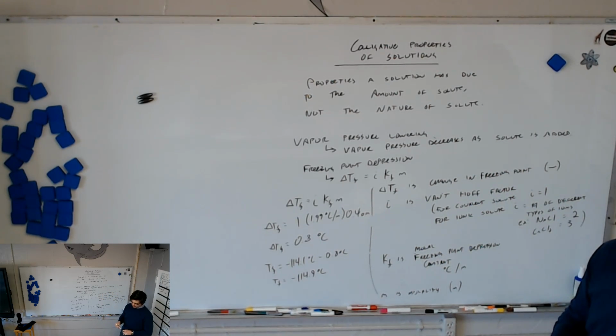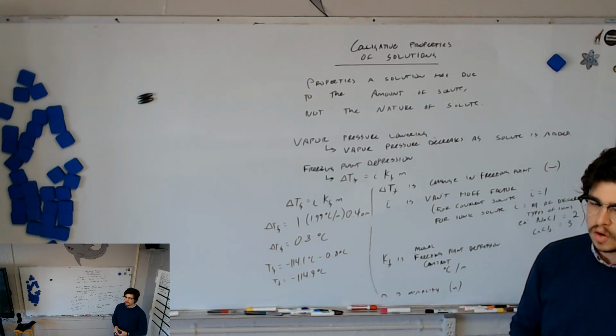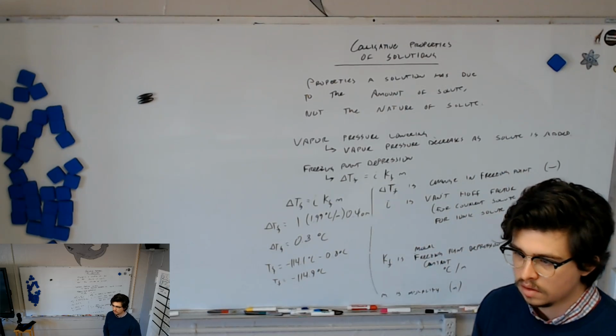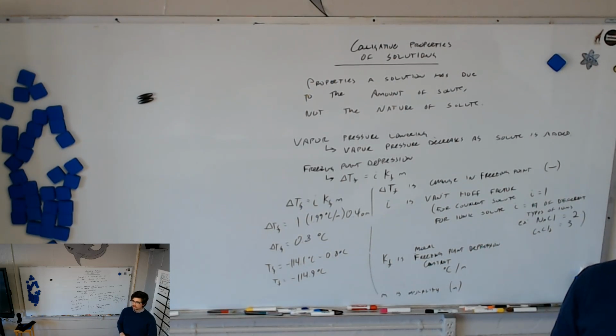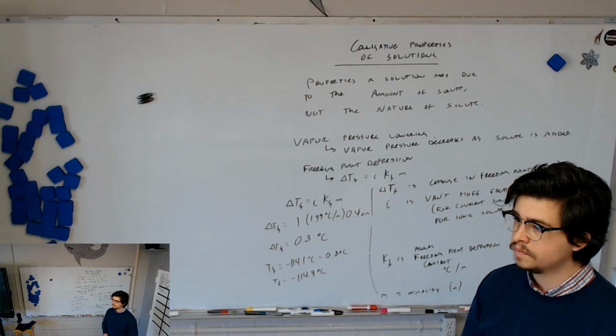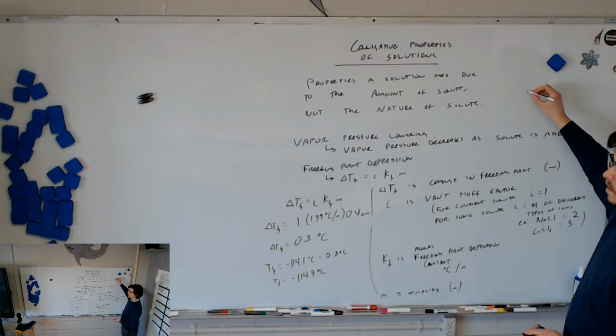So given what we know now, should we use sugar as a road de-icer? No. Probably not, because it only has a Van 't Hoff factor of 1, you see? So if we have something like, let's think, oh, here we go. This would be a good one. It doesn't dissolve in water, I don't think, but